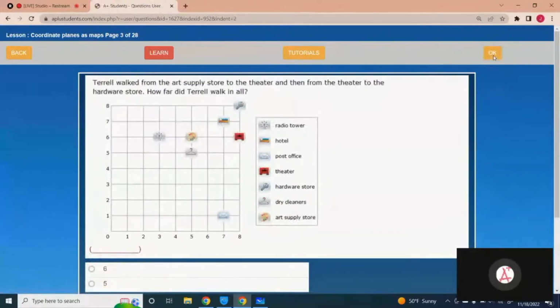Okay, the next one is Daryl walked from the art supply store to the theater and then from the theater to the hardware store. How far did he walk in all? Okay, so the supply store to the theater. Where is the art supply store? Here it is. This is the art supply store. Here is the theater. So how much distance did he travel from the art supply store to the theater? It would be 1, 2 and 3 units. And from the theater to here is the hardware store. So the total distance is,